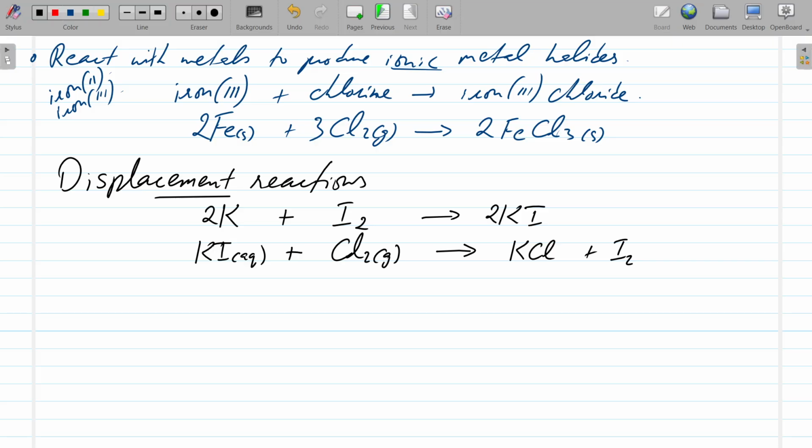The iodine is also going to be aqueous, as well as the potassium chloride. And to balance this out,